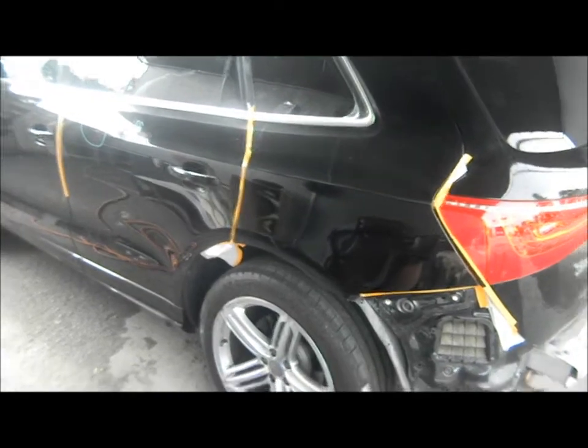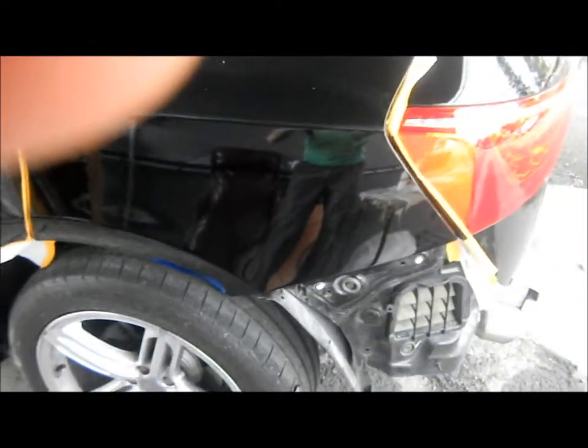Here we have an Audi Q5 which sustained just a wee little bit of damage here on the lower part of the quarter panel where it meets the bumper. So we're gonna check the texture of that. We're looking at the reflections of the door, which was not blended or painted. You can see that it has ripple, it has some orange peel, and this quarter panel is within spec except